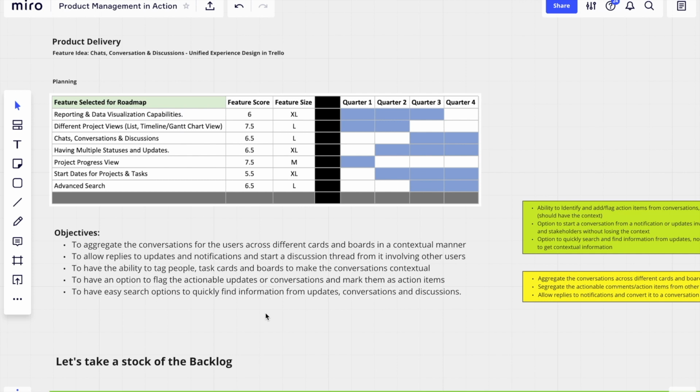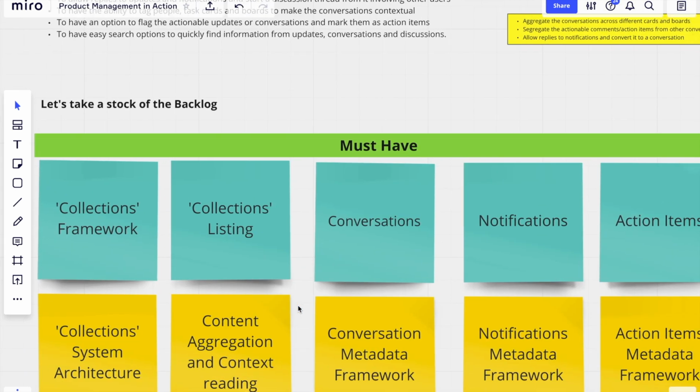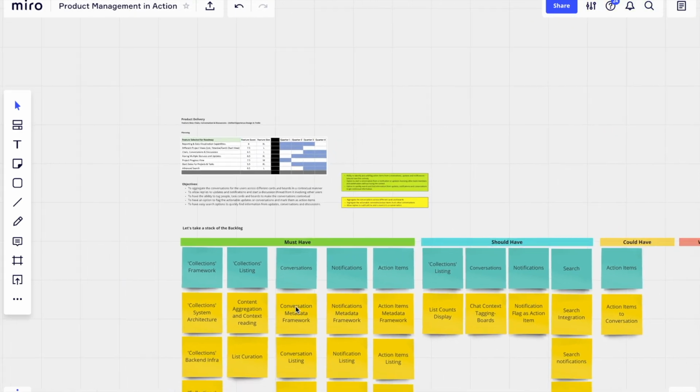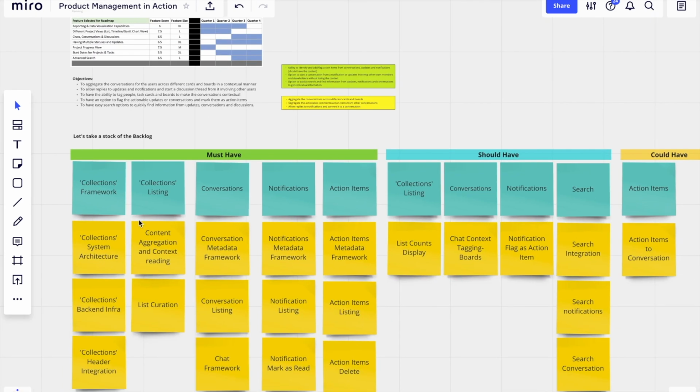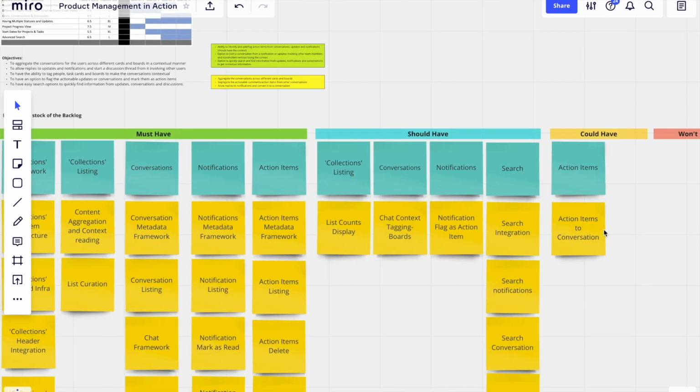updates, conversation and discussions. And also in our product discovery exercise, we did story mapping and we identified the stories that will be part of the product backlog for product engineering. So what I've done is I have taken those stories out and I have put them into 4 priorities: must have, should have, could have and won't have. In case of must have, I have put all the essential and non-negotiable stories. In the should have, I have put the other important stories which need to be done before we make this feature generally available. Could have has some good to have requirements that is also required, but it was not explicitly